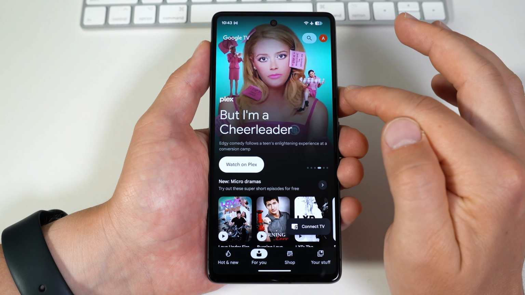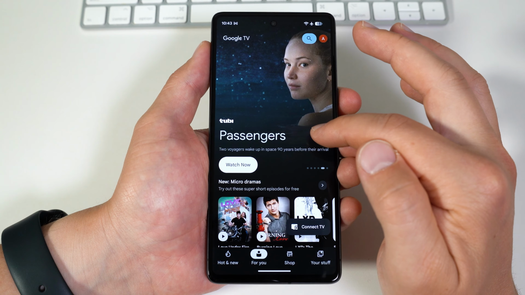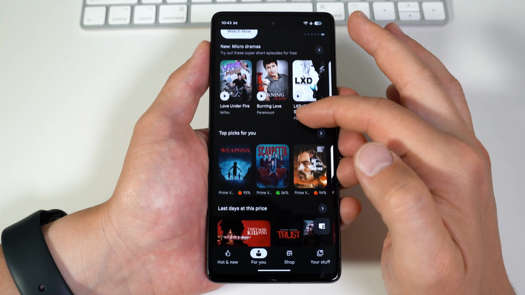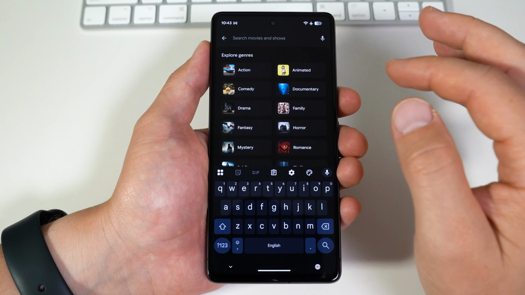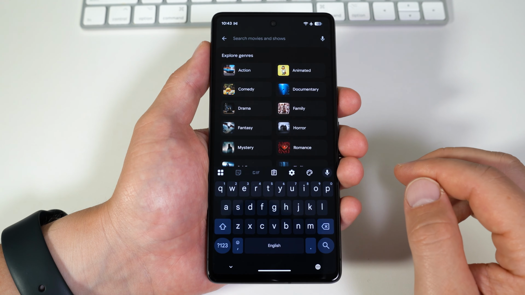It can also be good for discovering new stuff, and if you tap the little floating button on the bottom right, you can also connect your phone to a nearby TV and use the phone screen as a large TV remote. And speaking of TV, besides the app we're using here, Google has another Google TV, which is their smart